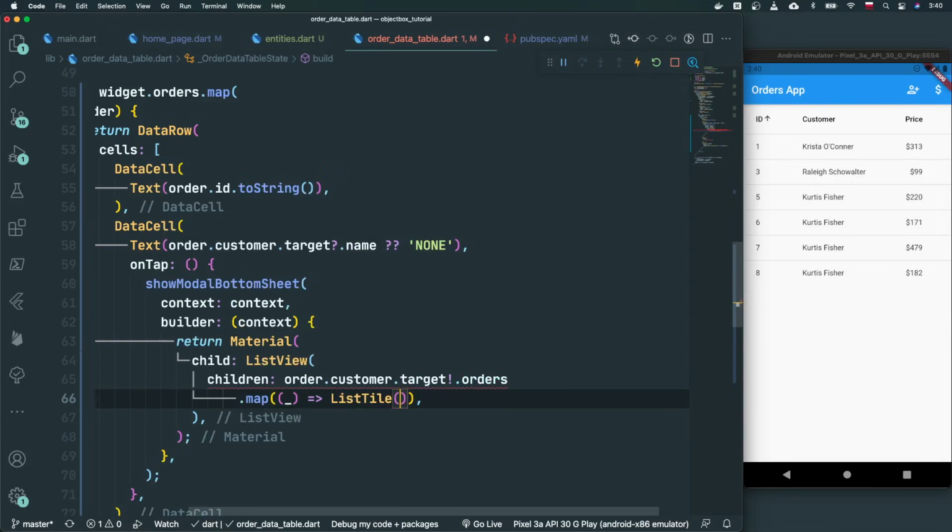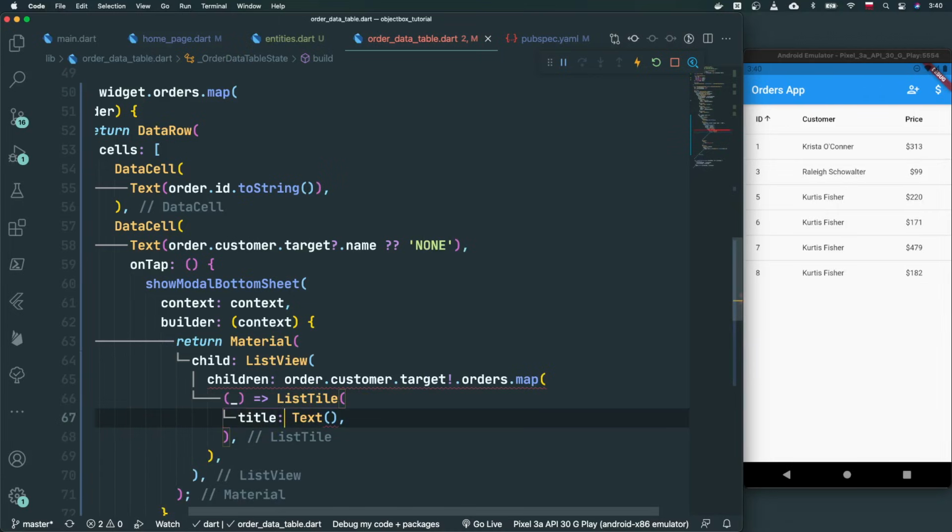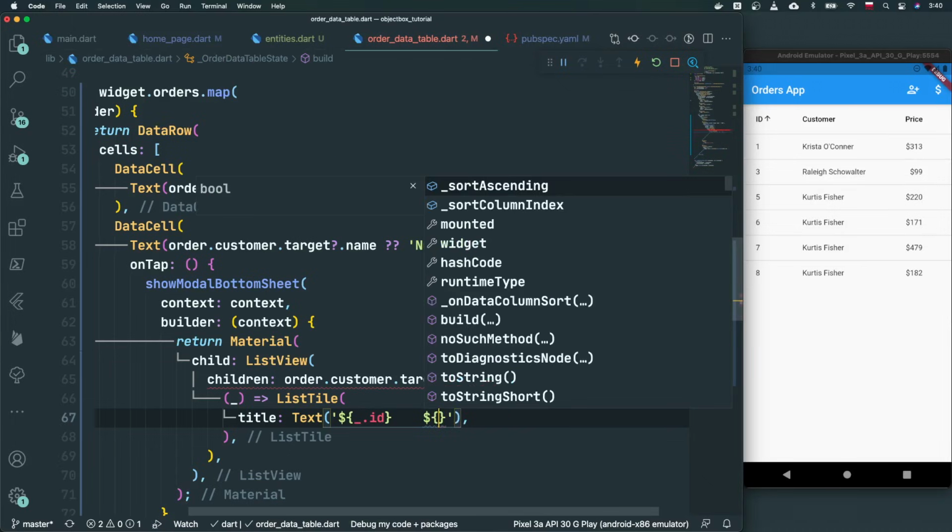that's going to contain a single title, and this title will be of type text, and this text is going to hold all of the data simply concatenated like an interpolated string. So firstly it's gonna be the order, so underscore.id, then let's put 4 spaces here, then interpolate